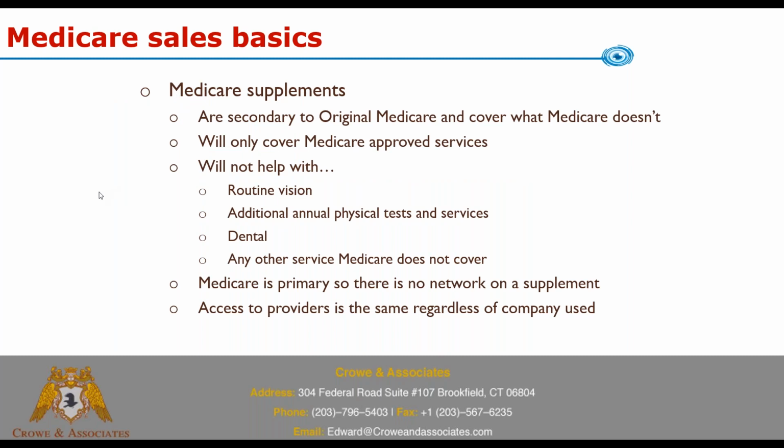So if somebody wants a Medicare supplement, a couple things to keep in mind. Medicare supplements are secondary to original Medicare. So when somebody's on a supplement and they go to the doctor, the hospital, or anything medical, they're going to show them their Medicare card. The doctor or the hospital is going to bill Medicare. Once they bill Medicare, what's left over then will go to the supplement. So for example, Plan G doesn't cover the Part B deductible. So they're going to pay the first $203 of Part B services, and then the G is going to cover